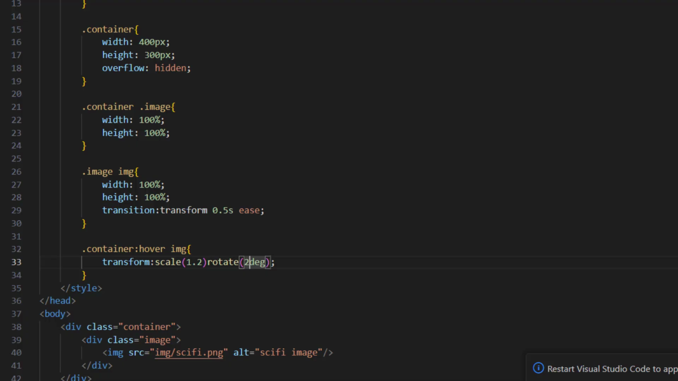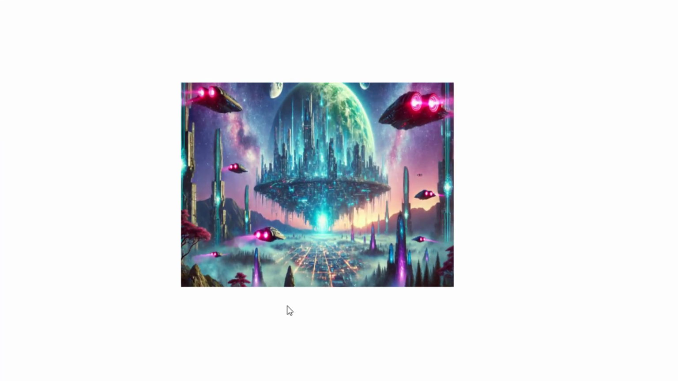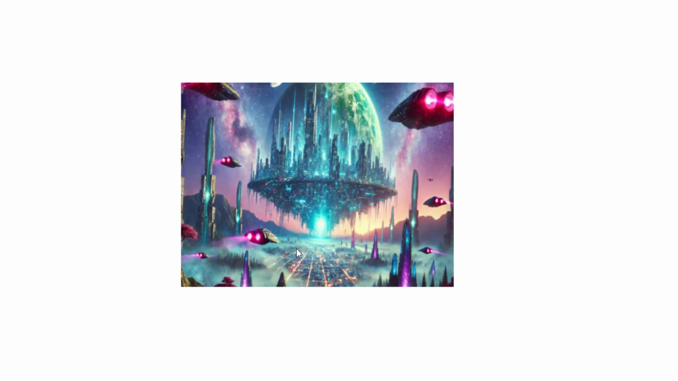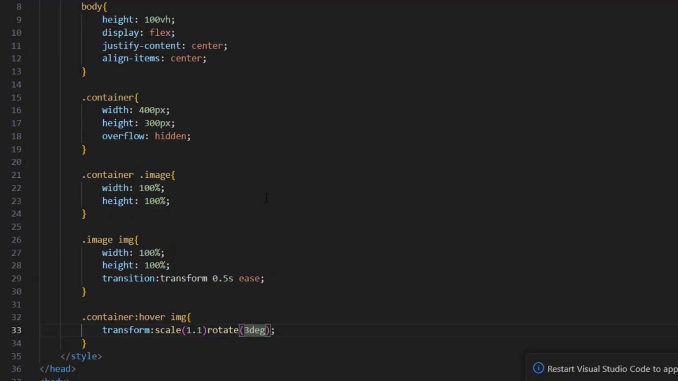Yeah, and even zoom, let's make it scale 1.1 and this one let's rotate it 3 degree. Let's hit save. Now, yeah, just a subtle effect, you know. See, you can do multiple things, you know. Let's do one thing. For the body, let's make its